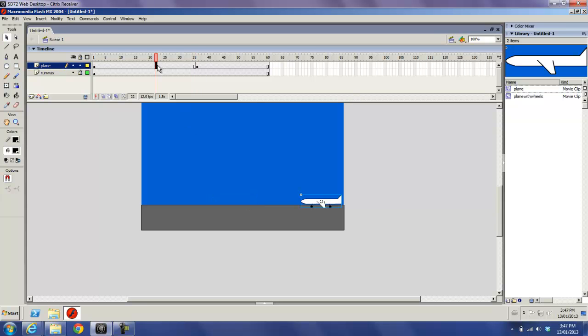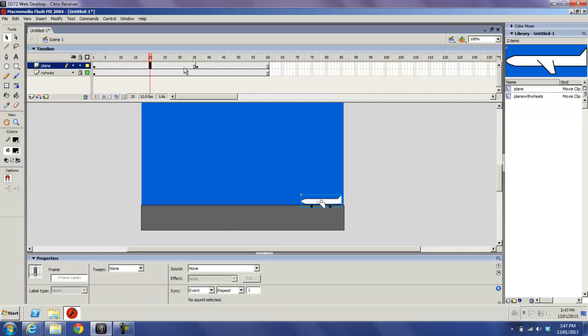I'm going to go to my properties here. I'm just going to click in between these two keyframes, like this one keyframe here and this keyframe here. I'm just going to click like this, and I'm going to choose a motion tween in my properties. So now the plane is actually moving. It's moving on. Okay, and what happens here now is I'm just going to go F6 here,